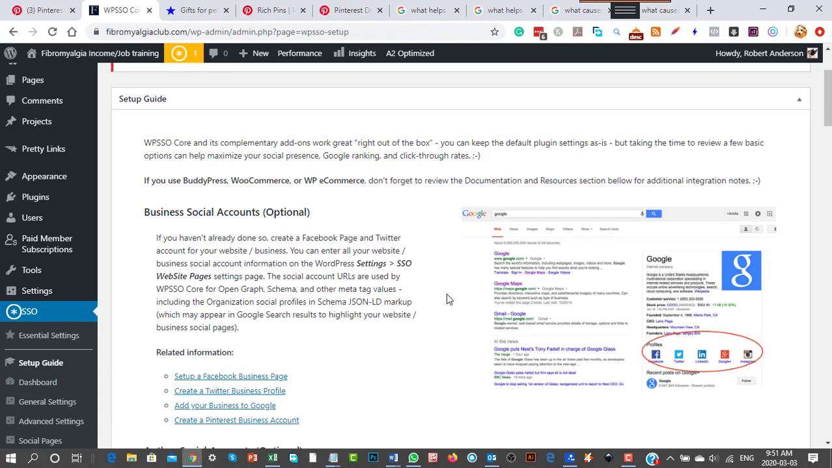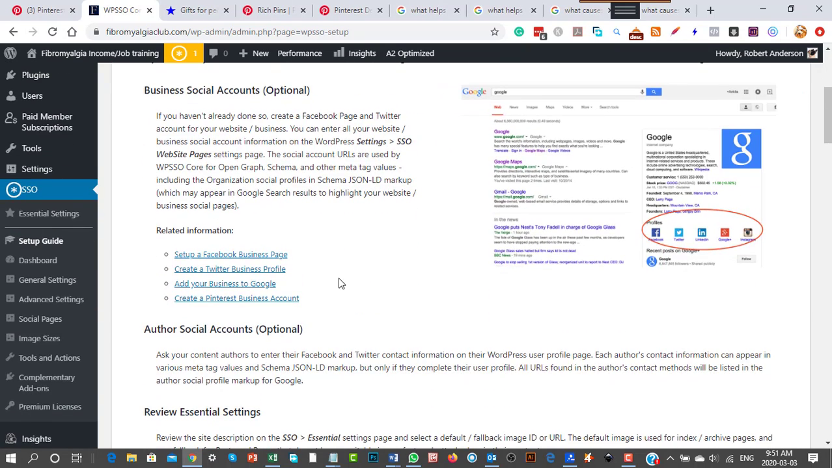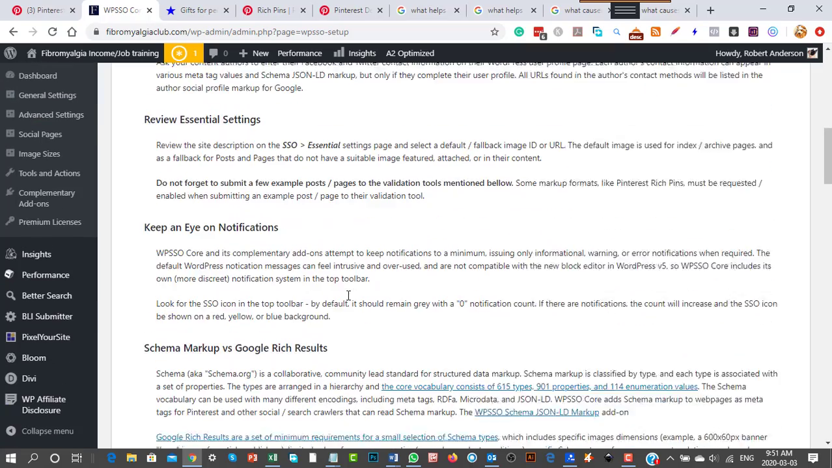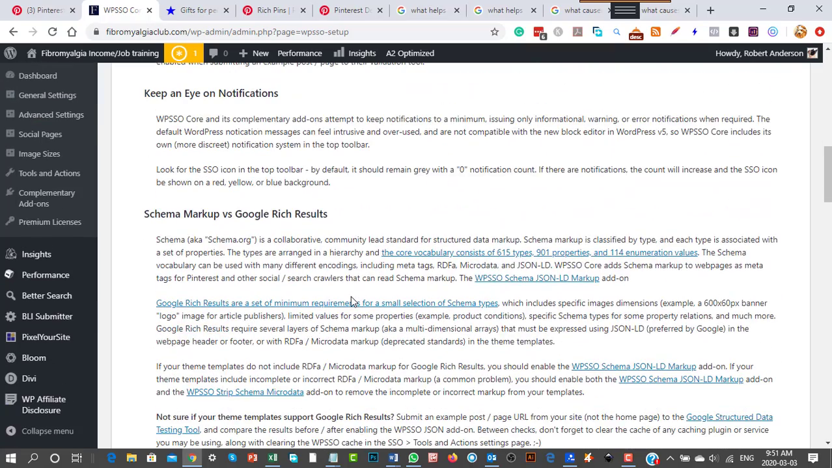So you'd set all of that up, but then you'd set it up for social accounts, which we would have done. Create a Pinterest business account, done. So it literally tells you what you need to do through this. Now,